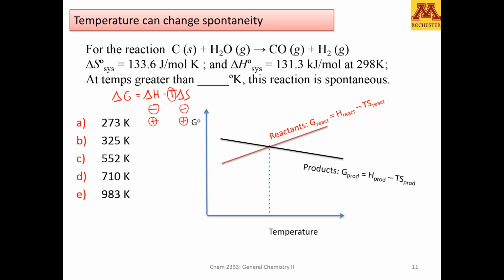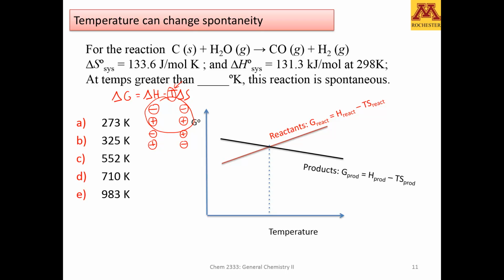Notice that if the enthalpy is negative and the entropy is positive, it's always spontaneous, and if the enthalpy is positive and the entropy is negative, it's never spontaneous. But in these two cases, one has to understand that there will be a temperature at which the process becomes from spontaneous to non-spontaneous, or from non-spontaneous to spontaneous. And this will depend on the temperature. A typical example is when you have a change of phase from solid to liquid to gas, etc. This is a typical example where there is a temperature at which the spontaneity